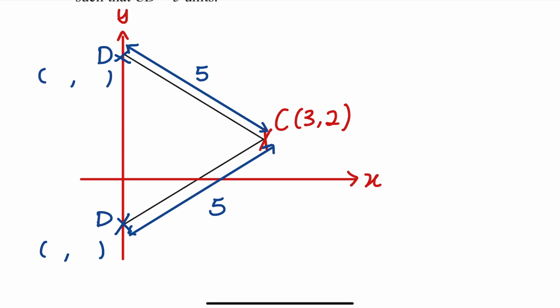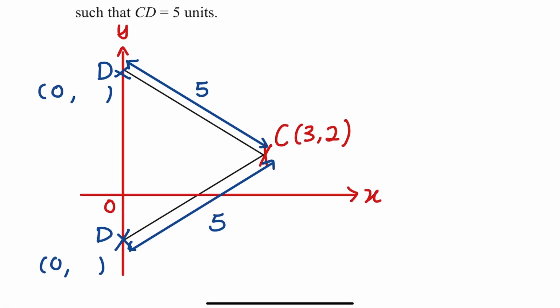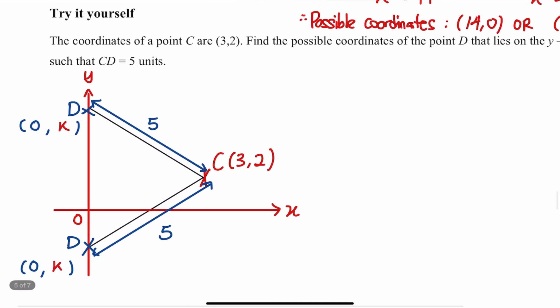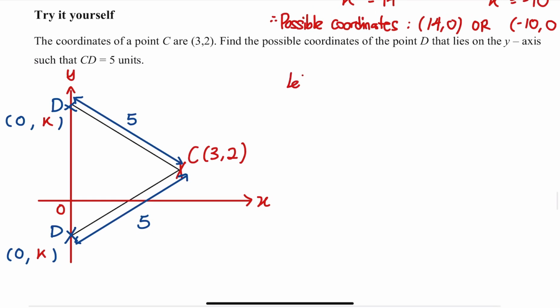Okay, so over here, if you check your y-axis, on my y-axis, there are different y coordinate values. So therefore, the y value, I don't know. But I know one thing for sure. Anything on the y-axis here, the x value is 0. So this means that the x coordinate here is always 0. I don't know what is the y coordinate. So over here, I can let this unknown number be k. Okay, so that's just similar to the previous part. Alright. Let 0 comma k be the coordinates